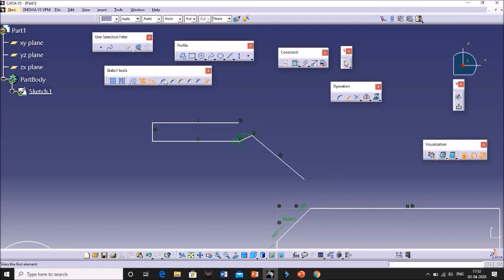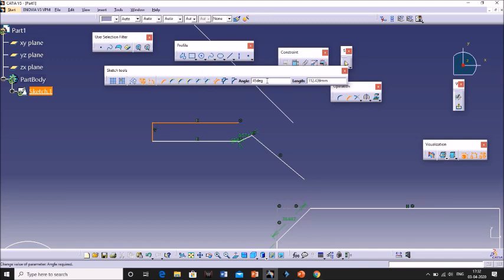In chamfer we also get the same six options: trim all elements, trim first element, no trim, construction line elements, standard line trim, and construction lines no trim. While selecting the first and second element, we get two options. The first is length and angle, and the second is first length and second length. Here we are getting only the